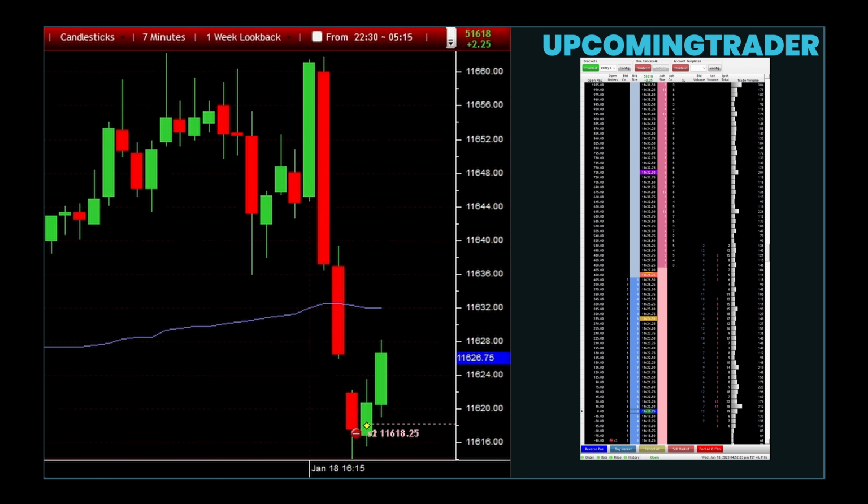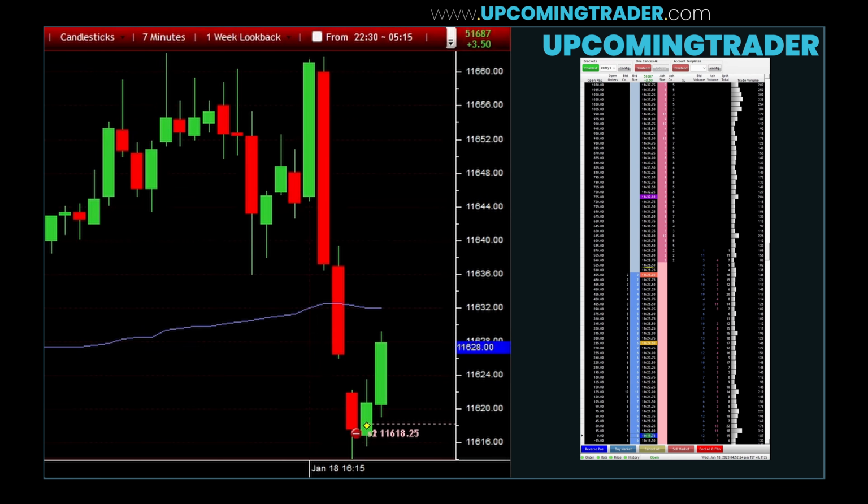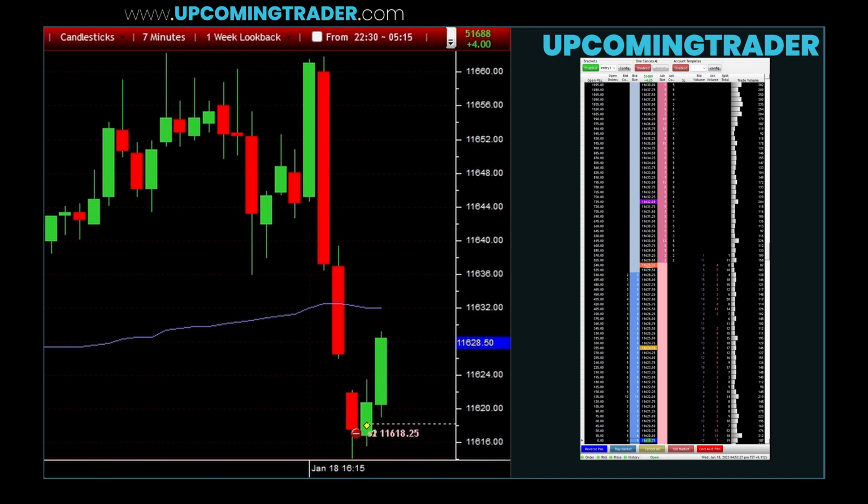We also have the money flow index, MFI, which is a momentum indicator that uses both price and volume to measure buying and selling pressure. The money flow index can help identify overbought or oversold conditions. When the MFI moves above 80, it is typically considered overbought, and when it drops below 20, it is considered oversold. Volume plays a critical role here, as spikes in volume while the MFI is in these extreme zones can